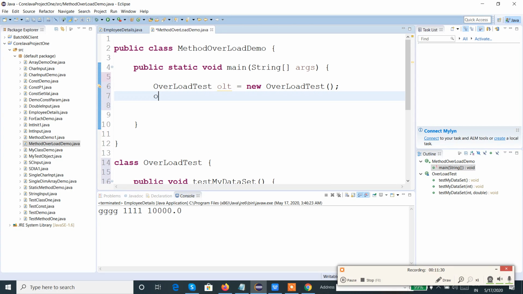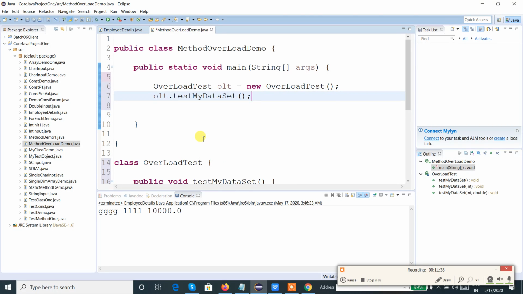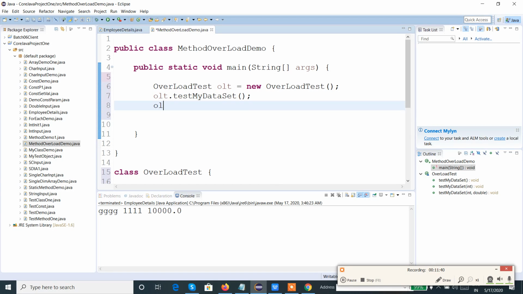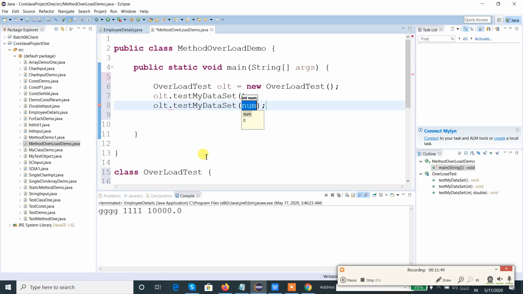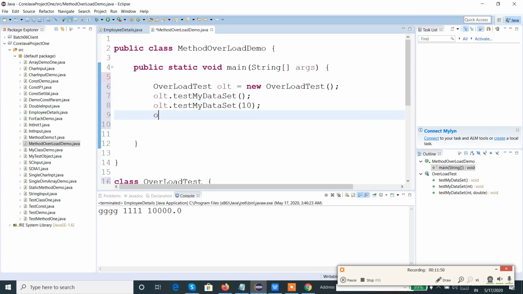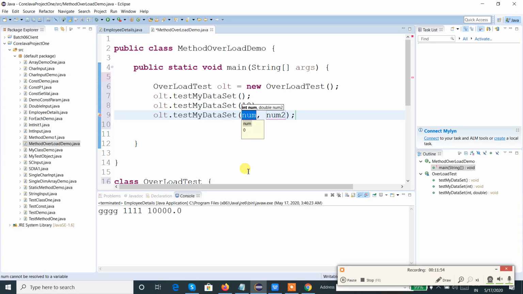Now dot, I can see test my data set without any parameter, then test my data set with an integer. When I am calling, I need to pass the value. Now OLT dot test my data set with two parameters. Let me pass the values, one integer and one double.